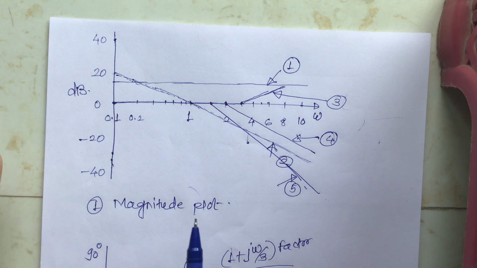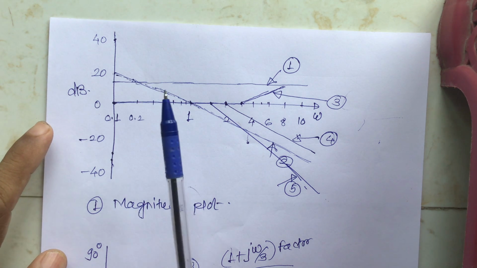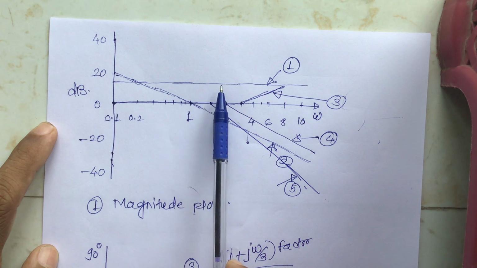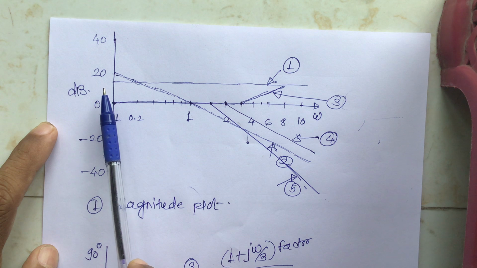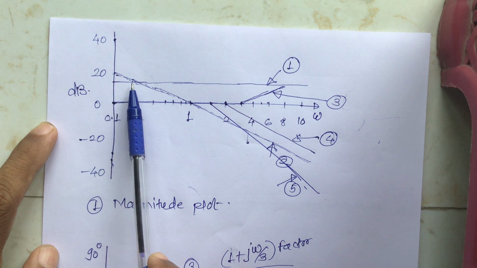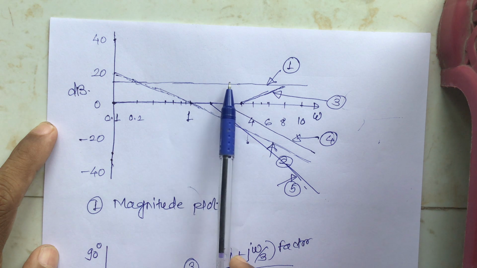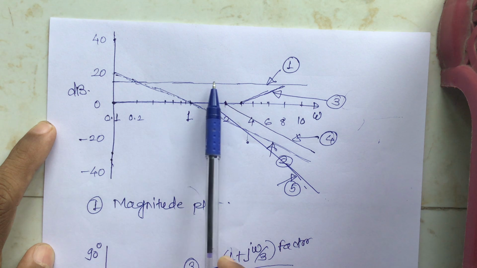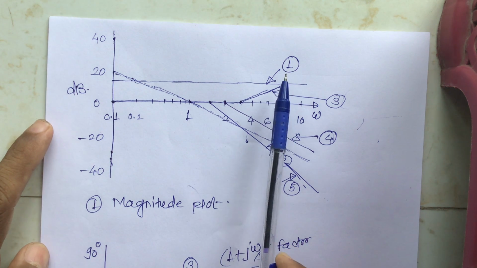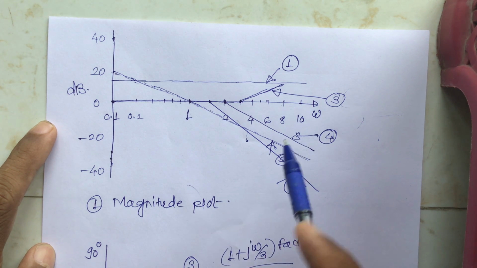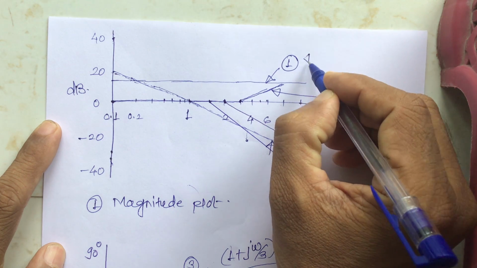Similarly, now consider the gain constant K. What is the Bode plot for the constant gain K? 20 log of K comes to approximately 17.5. Therefore the Bode plot for the constant gain K is a horizontal straight line of the respective magnitude. This is the Bode plot for the first factor. Now consider the second factor. First factor is the gain K.